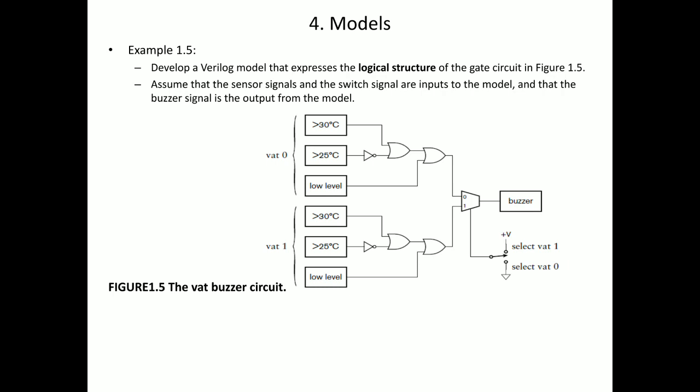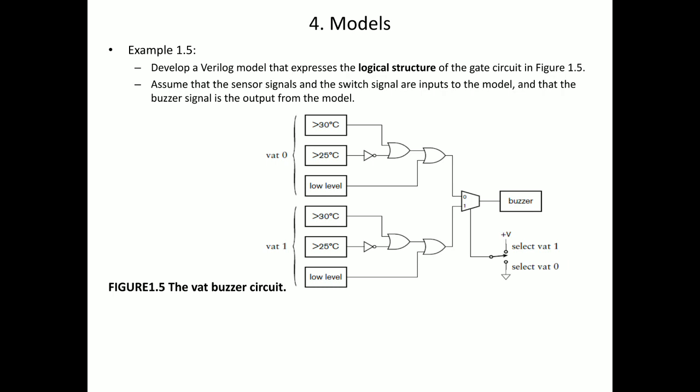We are using a vat, meaning a large container. We are heating the milk to 63 degrees Celsius. If the temperature exceeds it, an alarm should be raised: the temperature is exceeding, so maintain the temperature. For that we will be using a vat buzzer. Hope this example has conveyed why we are taking a vat buzzer. A vat buzzer is a circuit. We are sensing the temperature of a product, and whenever the product temperature increases, an alarm should be made. For that we need a buzzer to make the alarm sound.